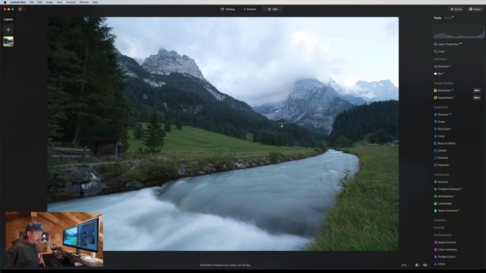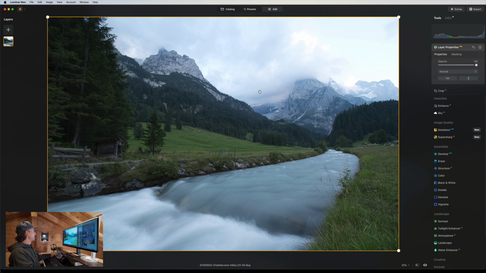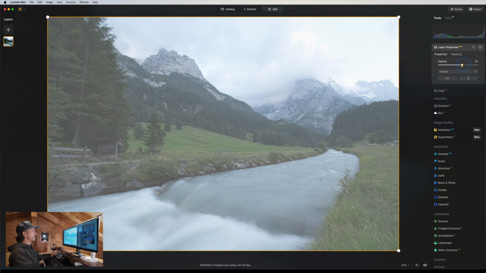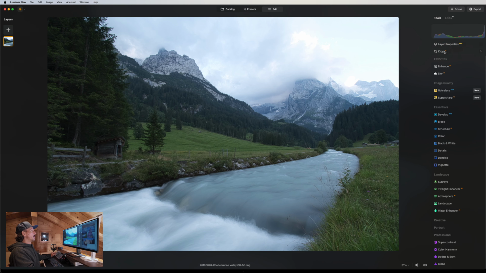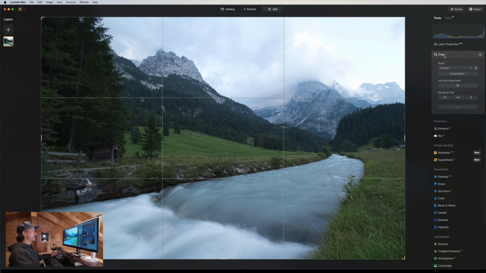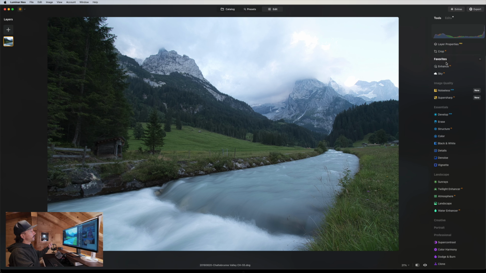Okay, so what I wanted to mention about Luminar is it obviously has a very interesting edit stack leading down the right hand side here. So layer properties, that's for the specific layer. If you have more layers, you can adjust the opacity, blend mode, etc. There's crop, pretty self-explanatory. And then there are some AI features like Enhance AI, Sky AI, etc., which we'll get to in a bit. One little thing to note in Luminar